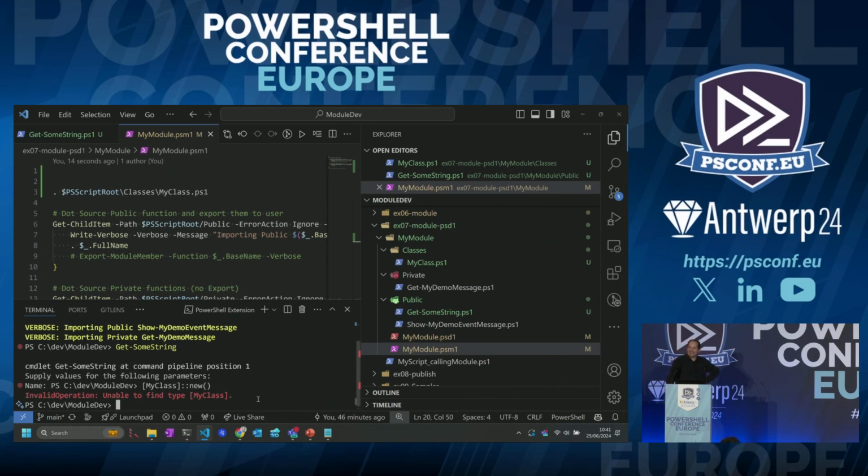What happened again? So now the class is defined in the module. The functions in the module find it, but I can't use them because it's within the module, right? So how do you do that? Well, the problem with this, usually people, when they have this issue, what they do is like, okay, I'm stop